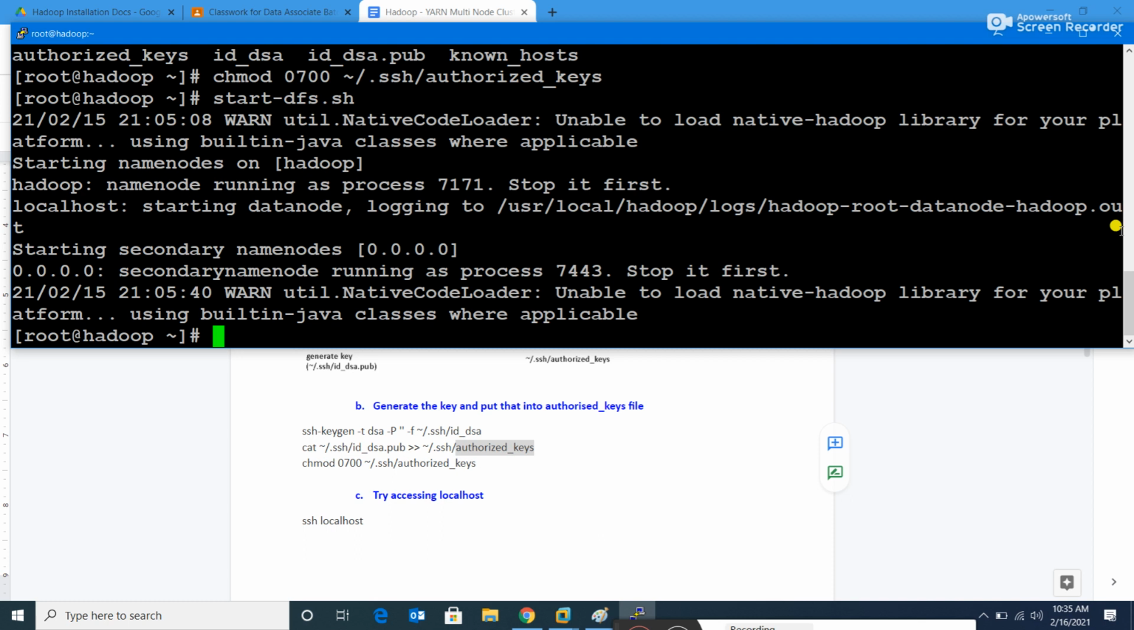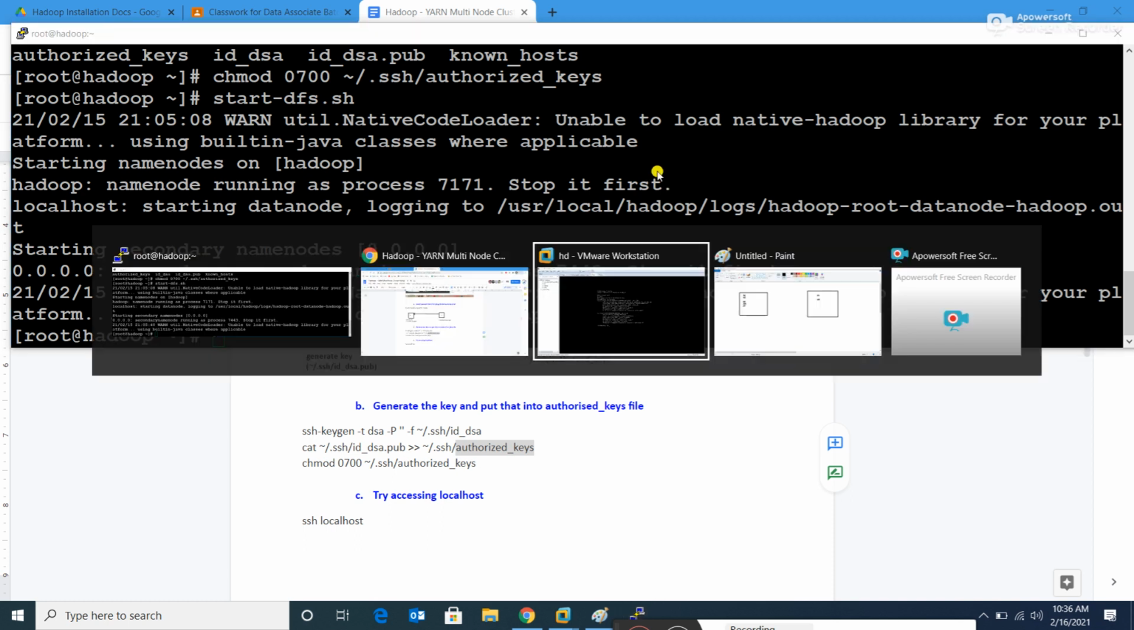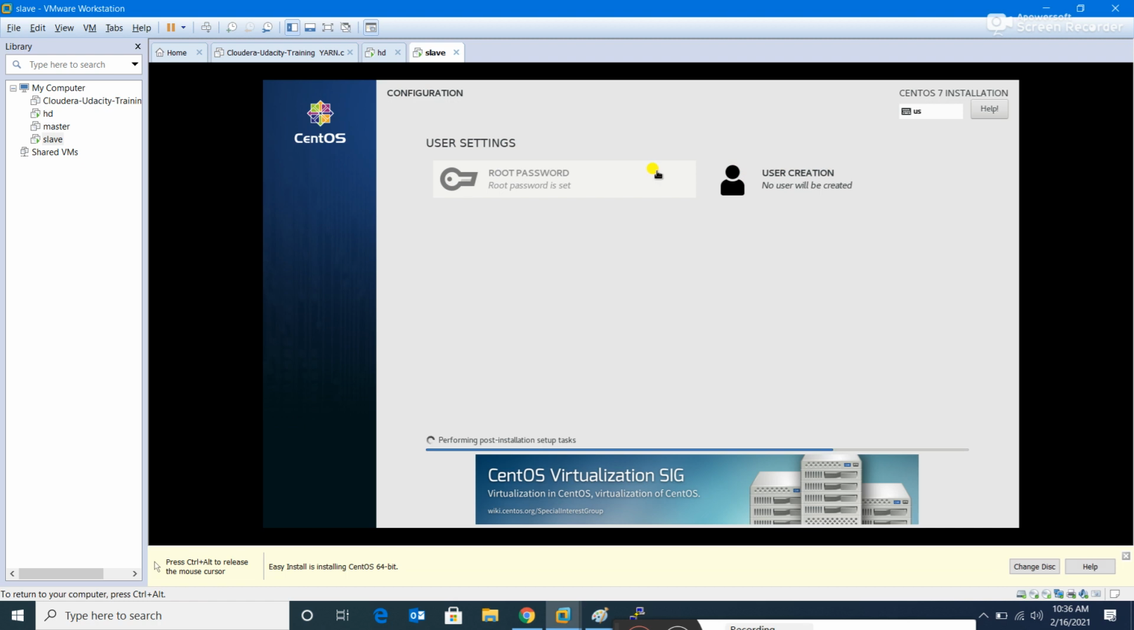Fine. Now let us do jps and check whether the services are running or not. So it did not ask us for the password, which is good. That means it is successfully done. It is slow for some reason, no worries. By that time, let us check the other machine. It is getting installed. So in parallel,